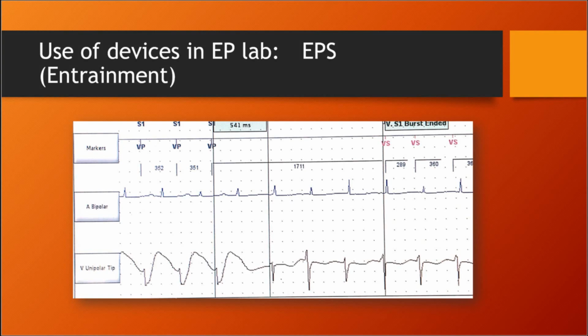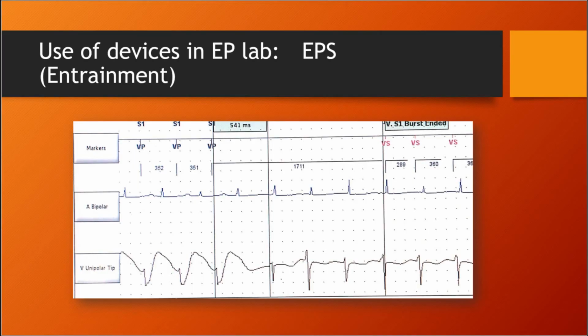Now, if that calculation of the PPI minus TCL is less than 110 milliseconds, it's most likely to be an accessory pathway because the ventricle is involved in the tachycardia and is close to the circuit and the accessory pathway. However, if it's above 110 milliseconds, it's likely to be AVNRT because although we entrain the tachycardia circuit, the ventricle